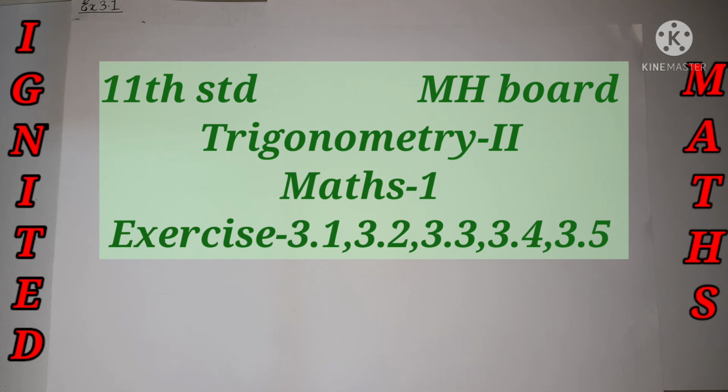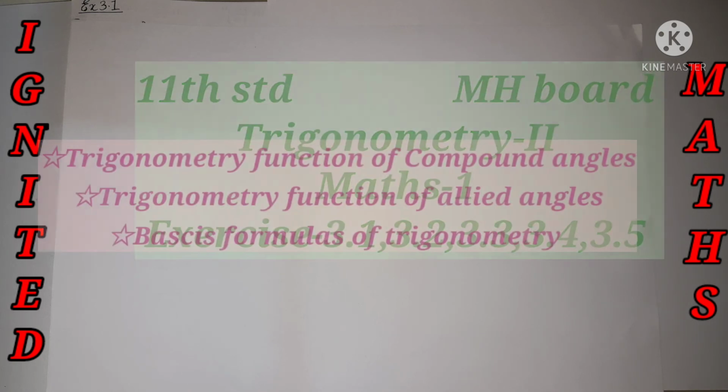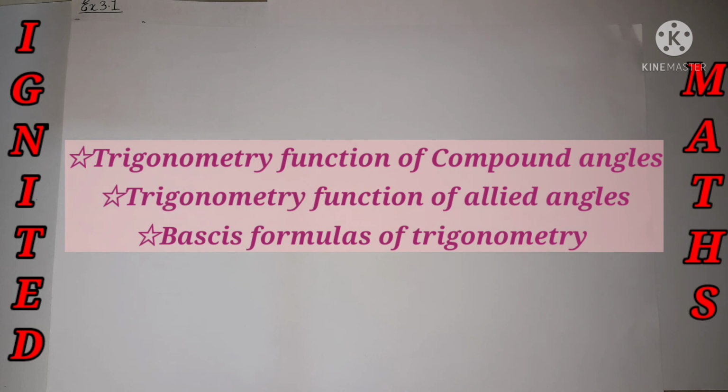If I start with exercise 3.1, what is needed for it? Trigonometric functions of compound angles, trigonometric tables, identities, and allied angles formulae are all needed for exercise 3.1. I made separate videos related to identities and compound angles, so make sure to go through the description link and get the video. There are a lot of examples and proofs, like how it came and the reason behind it, which we have already gone through. I'll post the video link in the description, so please go through it.